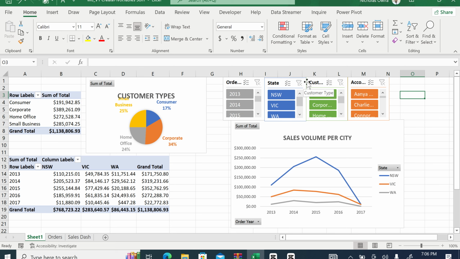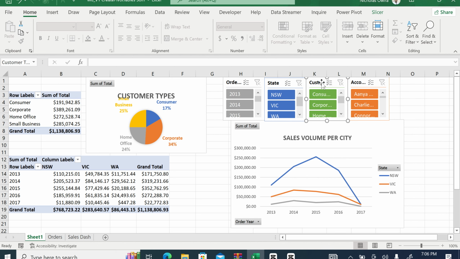Something that we have not talked about is how to connect one slicer to multiple pivot tables and pivot charts. Now that slicer that is common to these two charts is where we have the customer types. You can see the first pivot table has the customer types, and also the second one has customer type. Now, let me connect this slicer. Here we have the customer type. I'm going to click on that